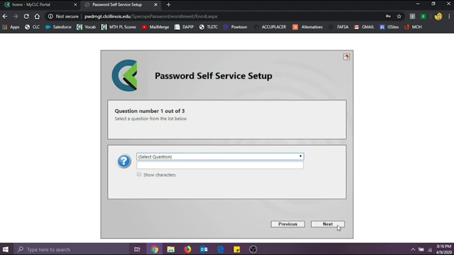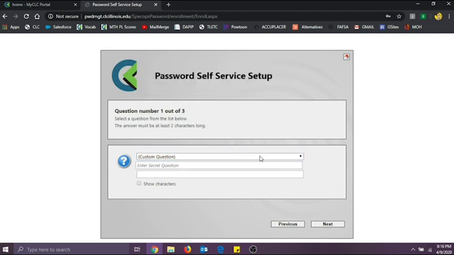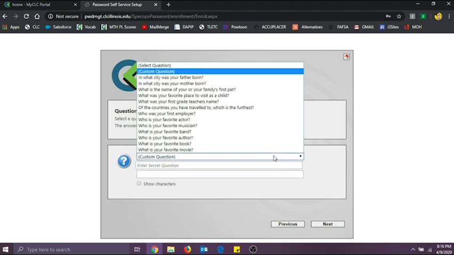You're going to be able to see different questions available. If you don't like any of the questions provided, you're more than welcome to go ahead and custom create your own. Using the custom question, you would enter your own question and then your answer. One important tip is that you have to be careful with what you're writing in the answer portion of it. It is case sensitive, so if you put a space, if you put an uppercase or lowercase letter, everything is going to be caught, so you have to answer those questions exactly the same.